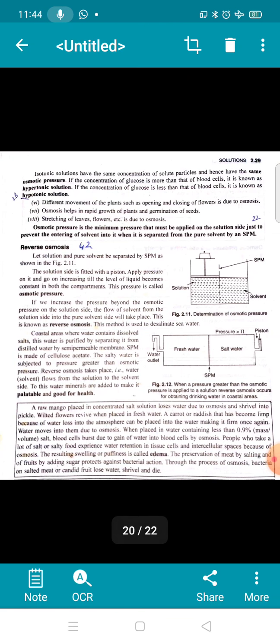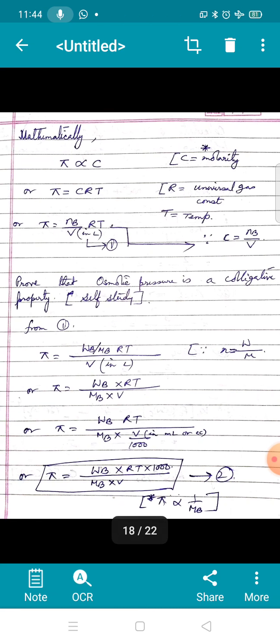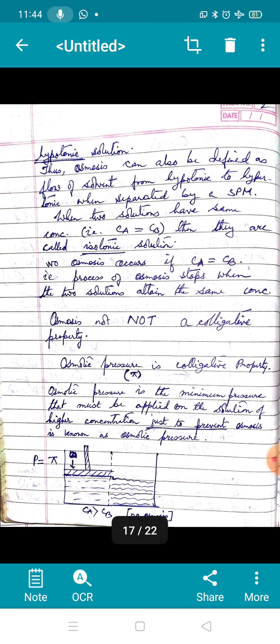So here again it's mentioned, what is hypertonic solution? Hypertonic solution, as I said, osmosis is not a colligative property. What is a colligative property is osmotic pressure. Osmotic pressure was also asked this year in the board exams. So you know, when the solvent is flowing from one region to the other,